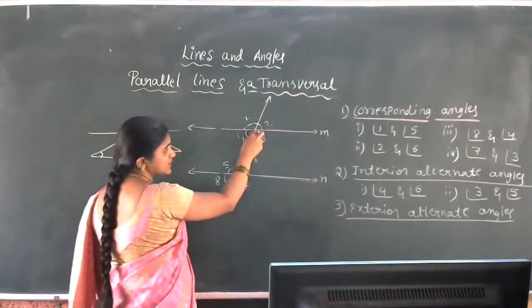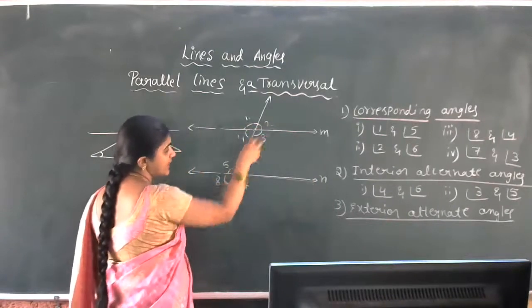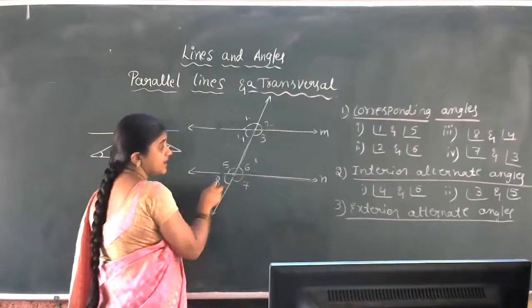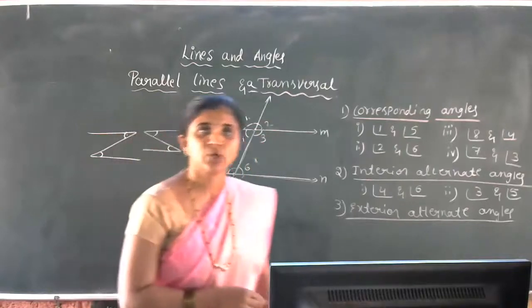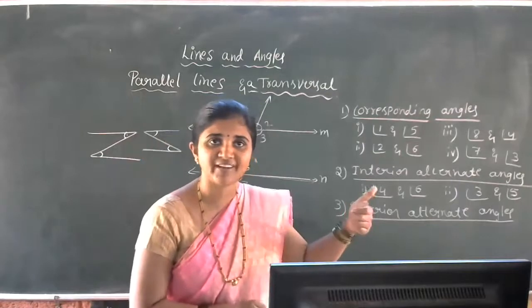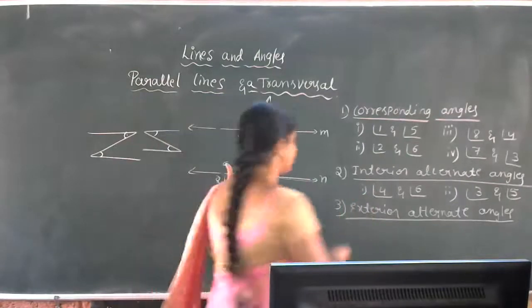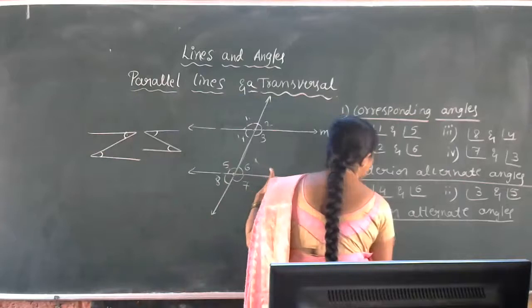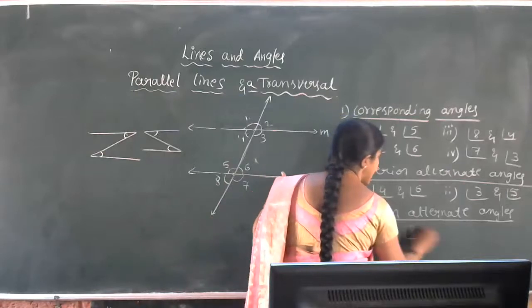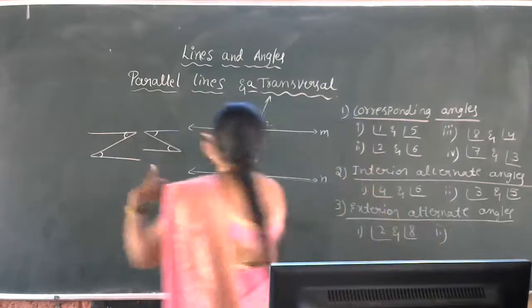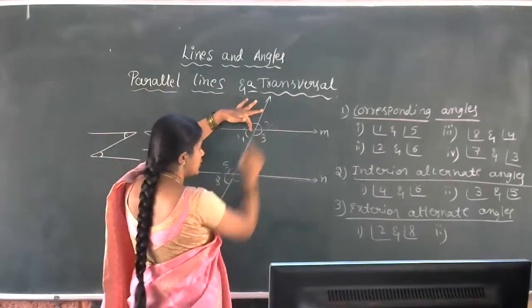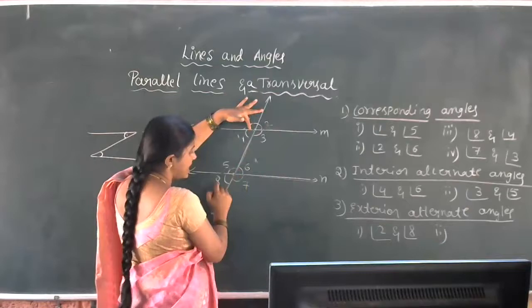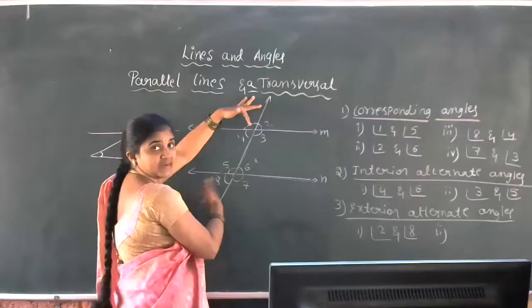In this corner 2 is there and here 8 is there. Can we take this 2 and 8? Is it right, students? 2 and 8 is the first pair of exterior alternate angles. Yes, first set is angle 2 and angle 8. And which is the second one? See here how to mark this one, Z shape. In this corner 2 and here the Z shape corner 8, outside, lies outside the diagram.